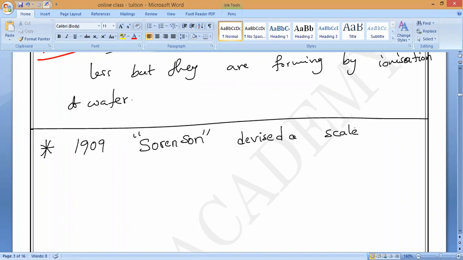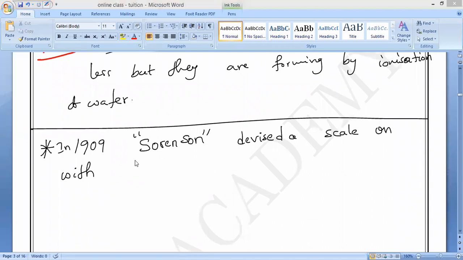Devised a scale known as what? Write it: in 1909, Sorensen devised a scale on which